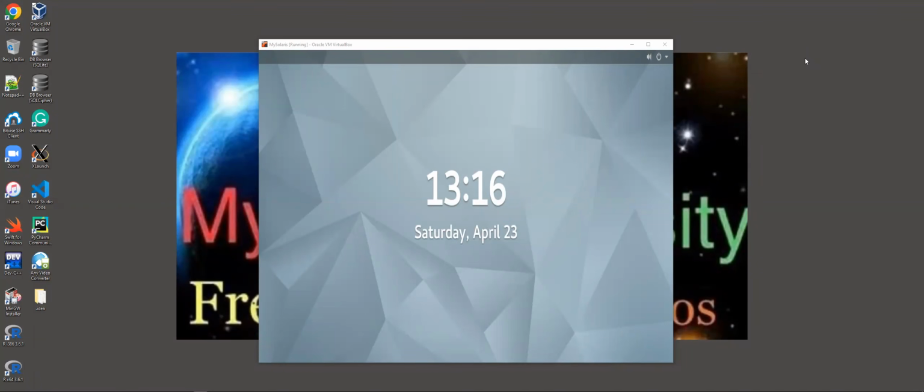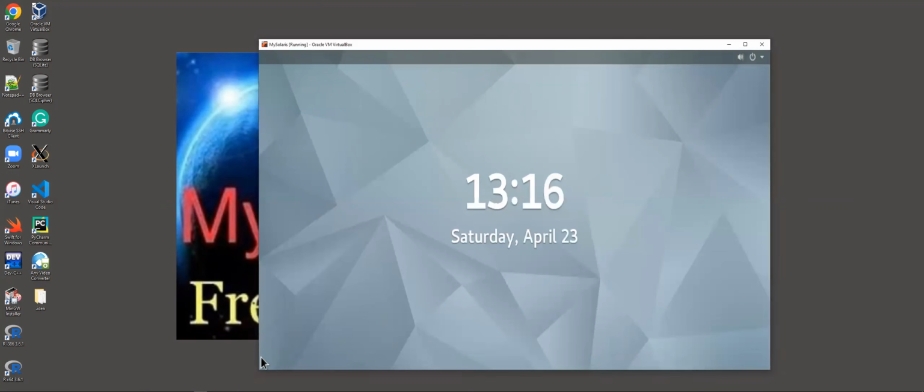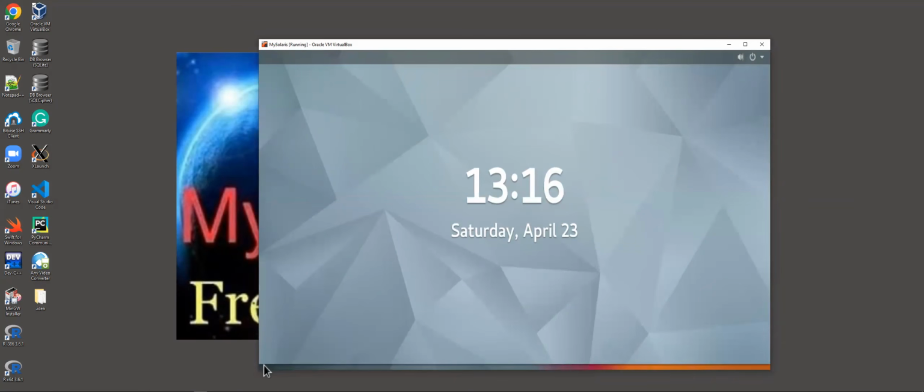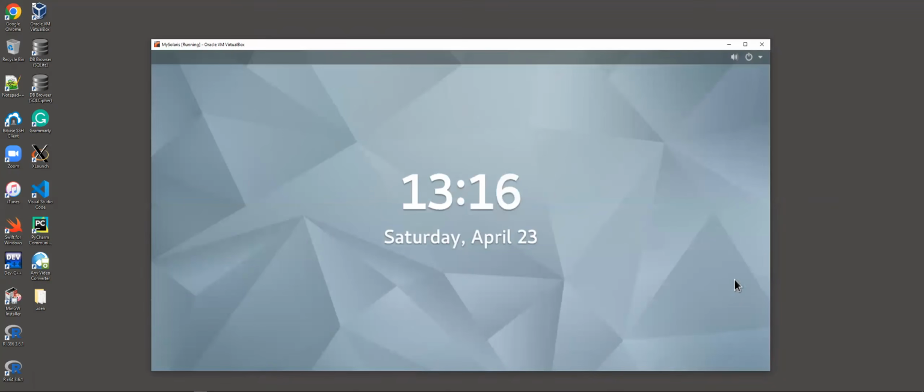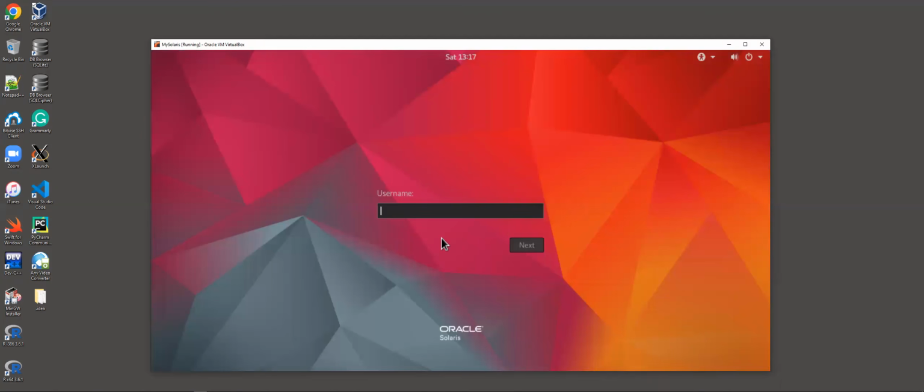Okay, so the nice screen shows up here. I can resize it here, or I could just leave it as it is. Let's just resize it to make sure that we have the entire thing as Oracle Solaris here. It looks really nice here with the interface. At this time I could press enter, and then it will go to my login page. So once it comes into the Oracle login page, you can see some of the options on the top right side here,